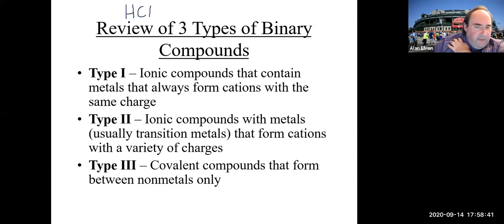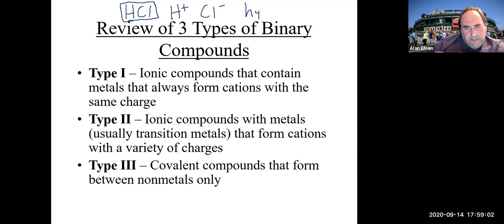Even though H is a nonmetal and Cl is a nonmetal, we typically don't use prefixes when hydrogen's involved. We almost treat it like an ionic compound, thought of as H plus and Cl minus. Again, hydrogen has some different properties. So if we were to name HCl, we would simply use hydrogen and chloride. It's almost named like a type 1 compound when hydrogen is H plus and comes first. That has a little to do with it being an acid. So for example, if you had H2S, even though there are two of them here, we would just call this